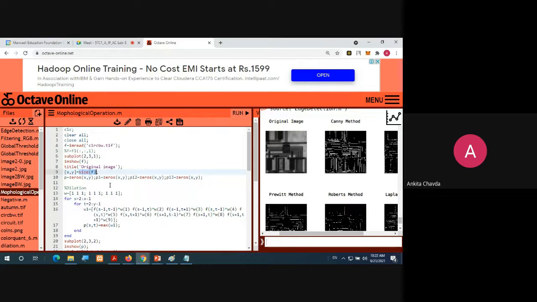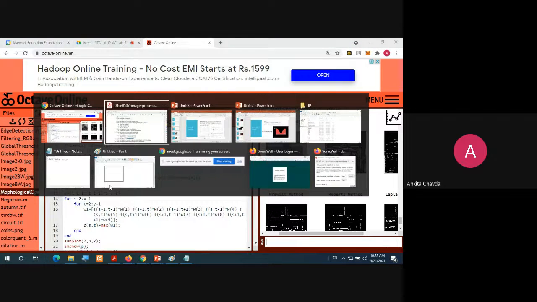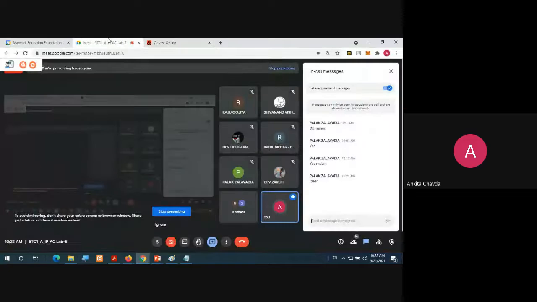Suppose I'm saying that you have to apply the local thresholding. Local histogram processing was what? You are equalizing the histogram, but in just the chunks of 3 by 3. Do you remember that? Say yes or no. We have seen this thing in the virtual lab also. It will simply consider some space, and equalize the histogram in that local area, whatever dimension you have mentioned, in that area only. And global means that is applicable to the whole image. That is what is known as global thresholding.